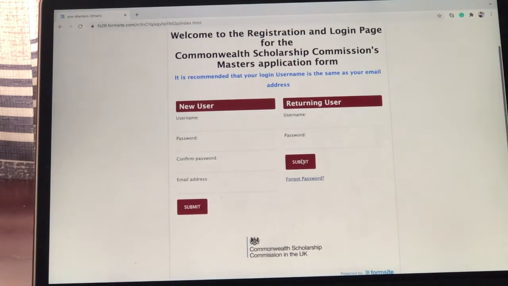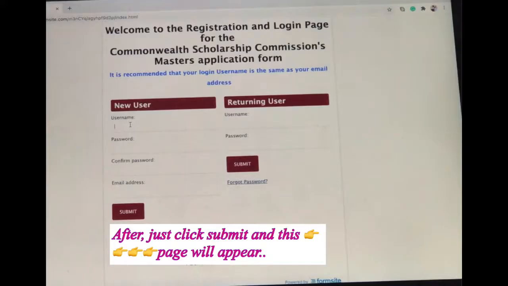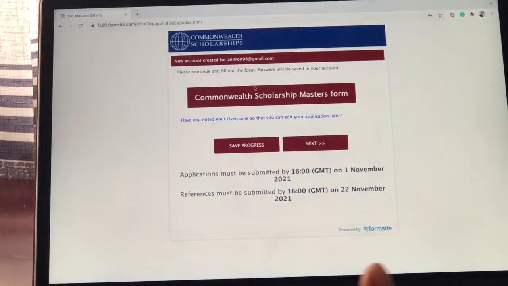Yes, so here you can be a new user. That means that you don't have any account. You can be a new user, meaning that you don't have any account, but if you're a returning user, then you can just log in. Because this is just a video, I'm going to use a different account and a different password to make sure that I get access to the application. And then when you submit, this comes, and you go to next.